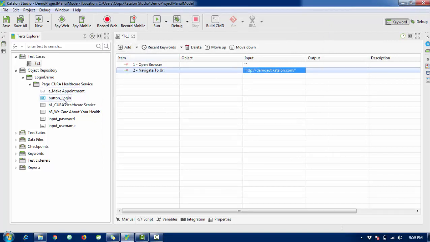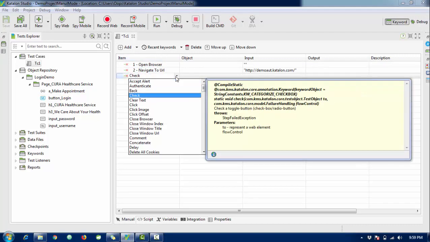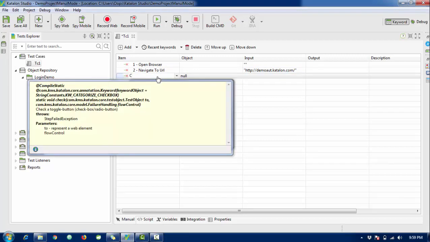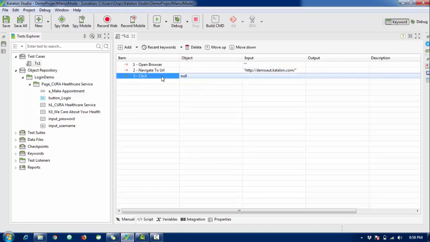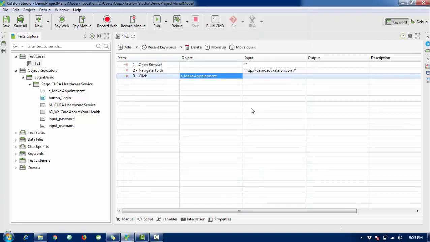When it will open the URL, we will click on that object, which is called a Mac appointment. So just add one more object here, click, and enter, search for click, and inside this click you need to select an object here. Inside my login demo I already saved that object, a Mac appointment, and click on OK. And then next